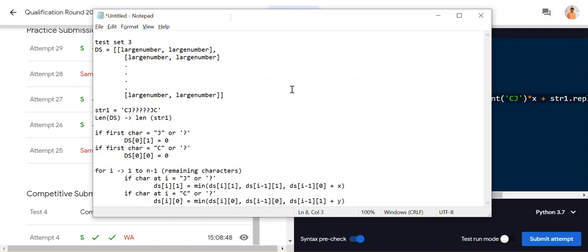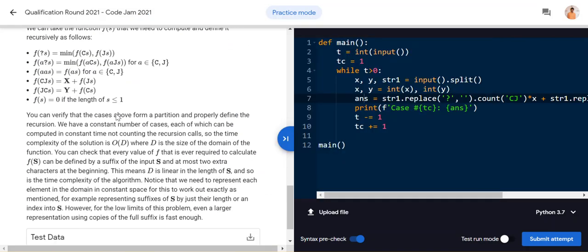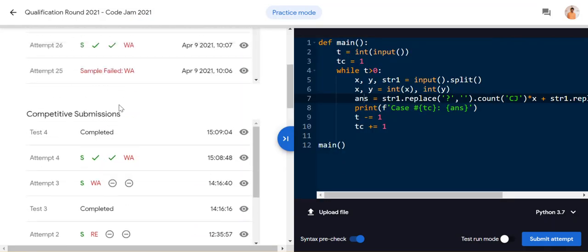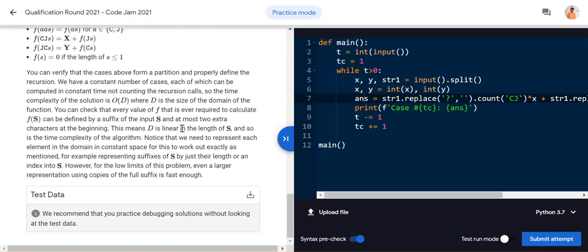So what we need to do is define a data set. For every character in this string str1, we have to define a data set. That's why I've written it here. The data set is nothing but the length of the string, but it should be a two-dimensional data set, and there should be two values for every inner list. And it should be a very large number. I have considered the large number as 10 power 5 because here we have test set, the length can go up to